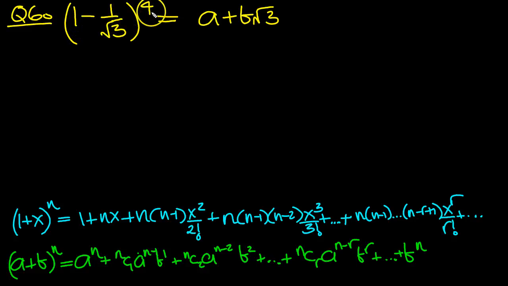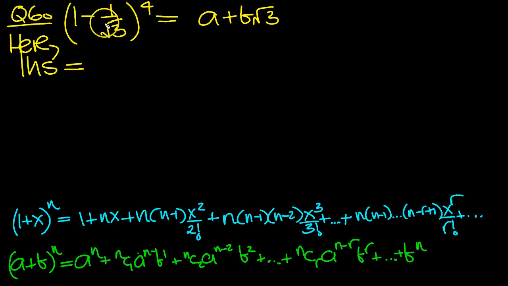(1 minus 1 over root 3) to the power 4 is equal to a plus b root 3. We need to use the binomial theorem to expand this bracket and then be able to work out what the values of a and b should be. So let's have a look at the left hand side then. Here the left hand side equals